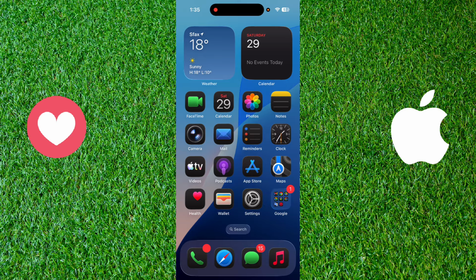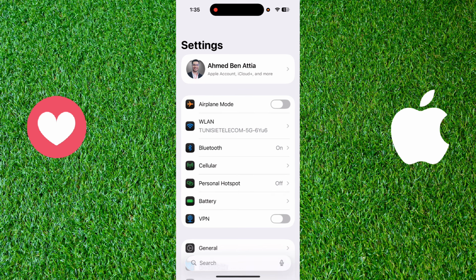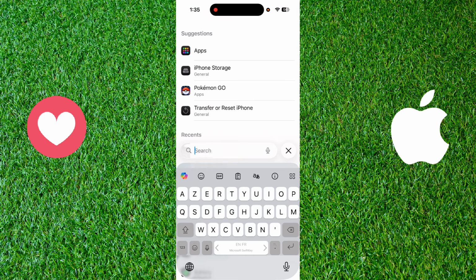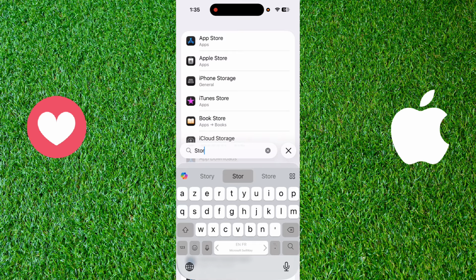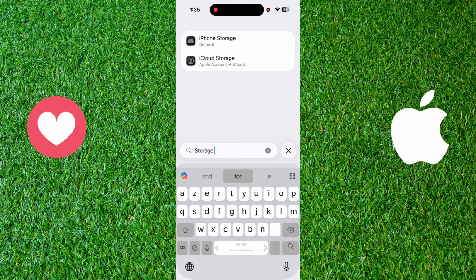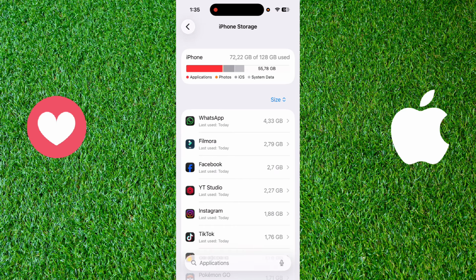In today's video, I will show you how to clear cache on iPhone with iOS 26. To do this, it's so easy. You have just to go to Settings, and after that, go to the search bar and search for Storage. iPhone Storage. You have to choose this option, and of course for iPhones there is no direct app to clear